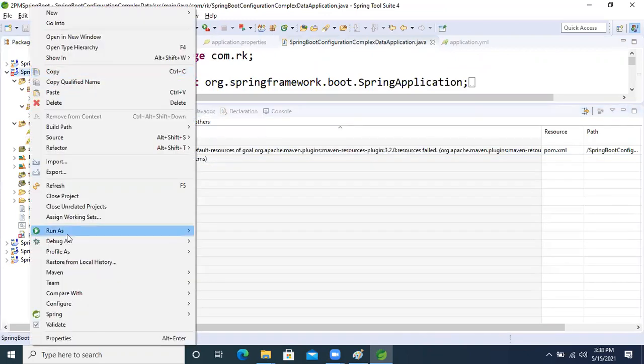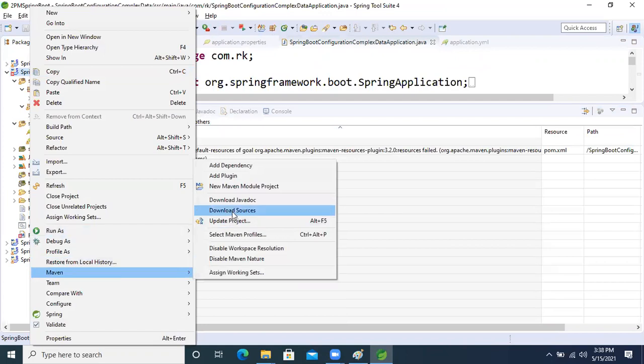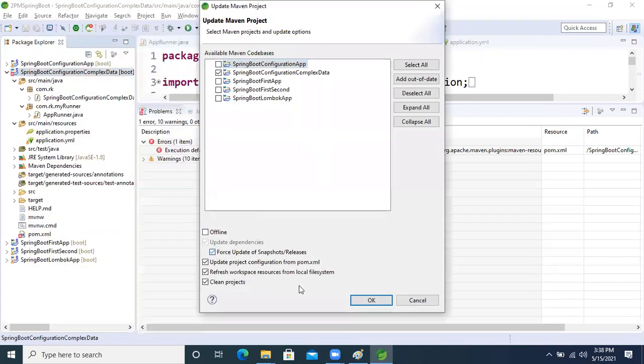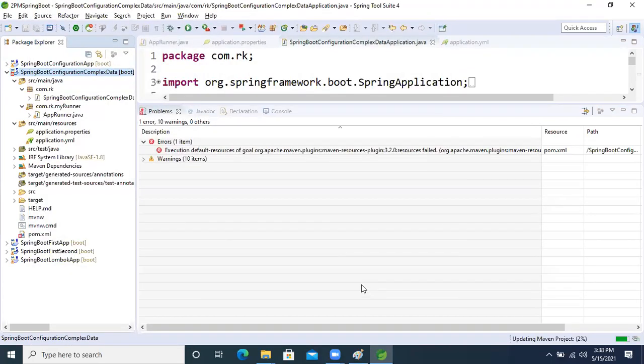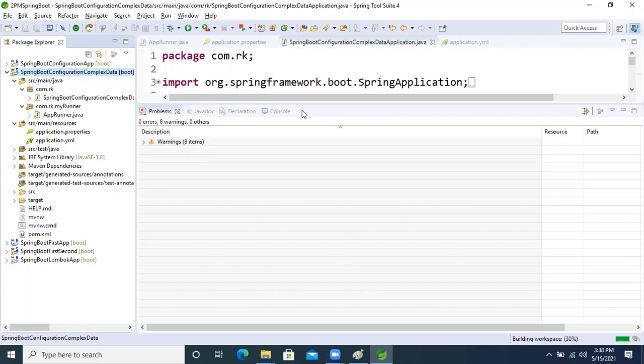Suddenly we are moving to the YAML, right? Now update the project. If you are getting null and you are confident about your code, just update it. These things are common in Spring Boot. Now the update is completed. It's taking time, right? Now run this application.